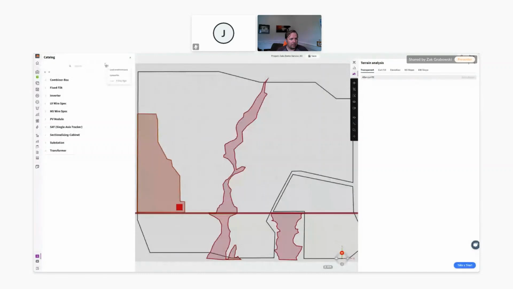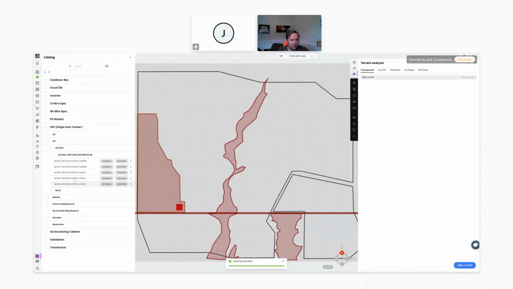If you have specific modules and tracker files for ONDs and PANs, you can also upload them straight into PVFarm, and PVFarm will create that equipment for you. Each company has its own catalog that's unique to your company, so there's no sharing, no fear of other people not having your equipment once you create them. So I'm going to grab a tracker here